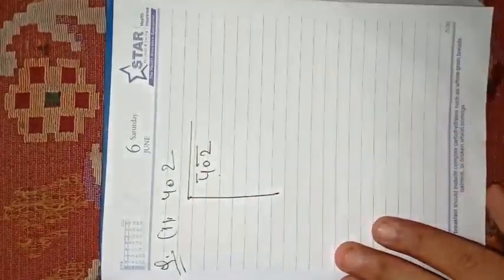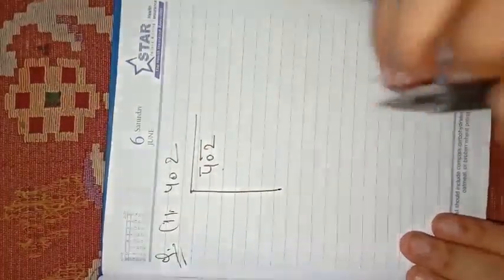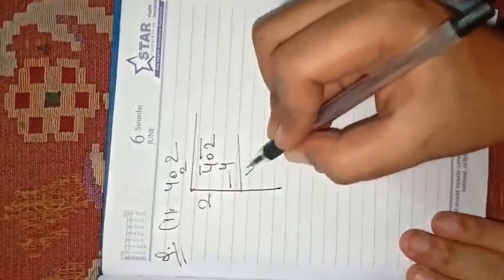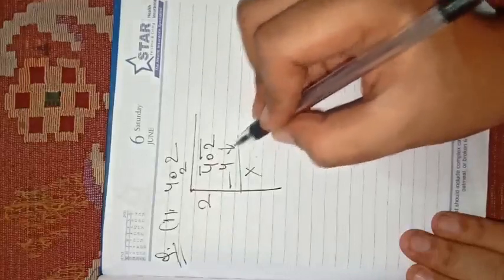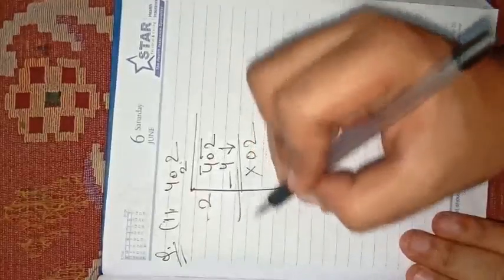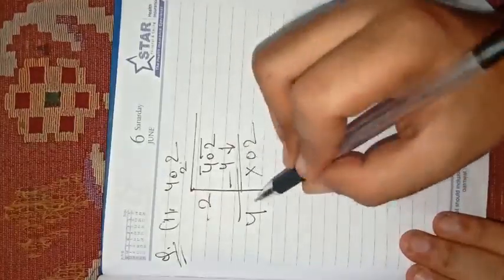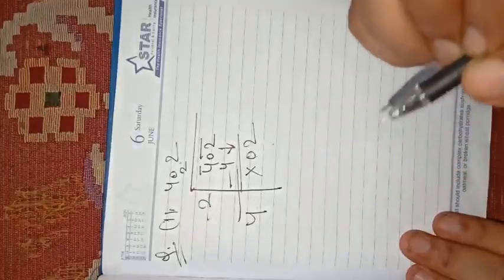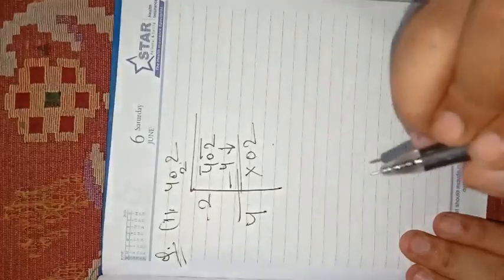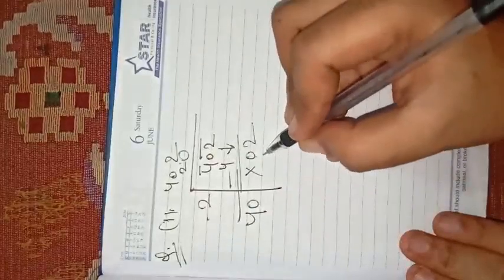So we have to write a number which should be a perfect square and should be less than or equal to 4. This will be 2, 2 2s are 4. Now subtract, getting no number, and 02 will be brought downward. Now students, what should we do? 2 plus 2, 4. After 4 we have to write a number so that the number which we will get should not be greater than 2. So even if I write 1, 41 1s are 41, that will be greater than 2. So I should write 0. 40 into 0 will be 0 only.